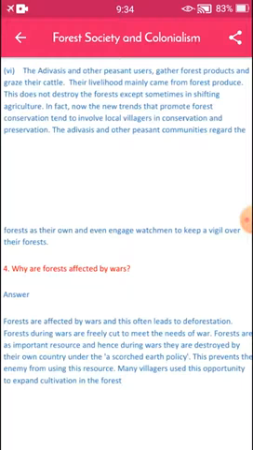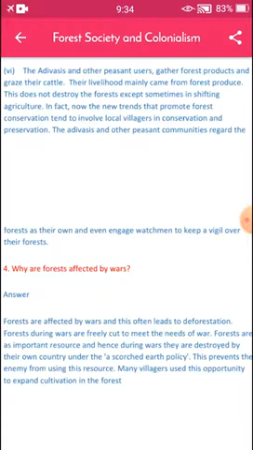Forests are important resources, and hence during war they are destroyed by their own country under the scorched earth policy.